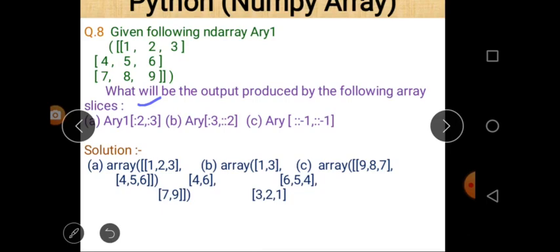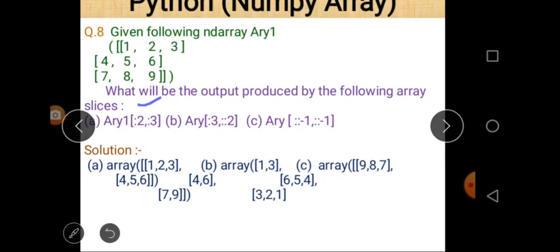And after that comma colon 3, so it means all columns will be selected except column number 3, or the column at index position 3.